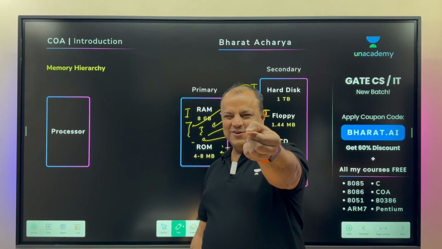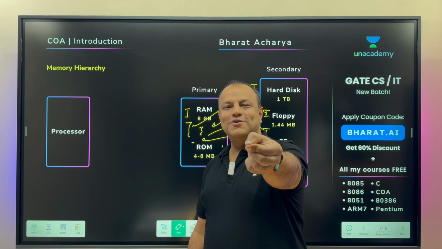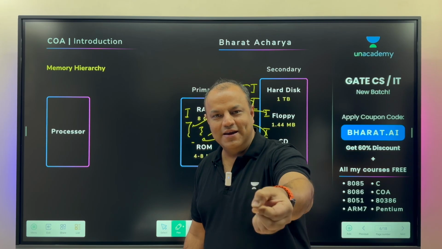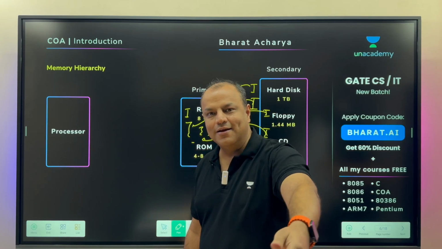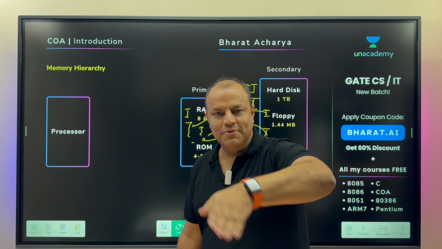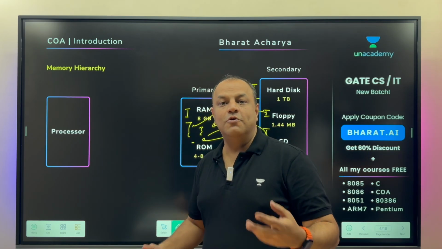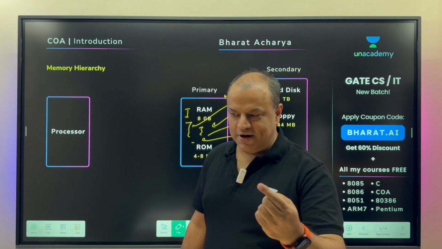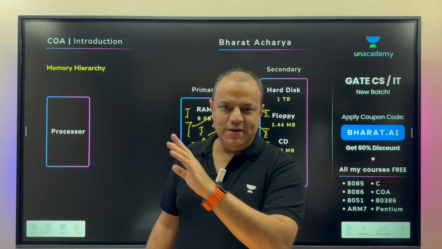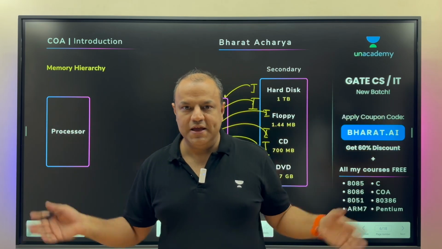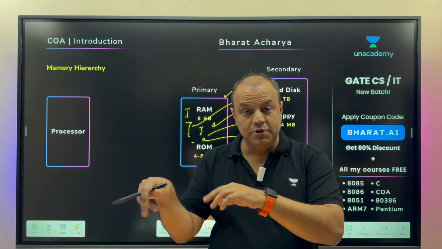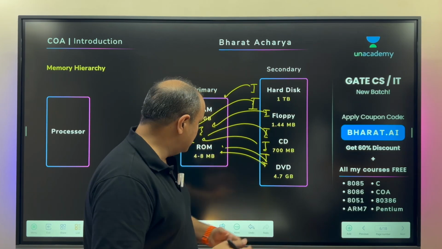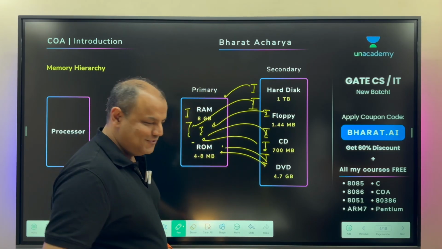Anybody with this much knowledge of computers will tell you, if you want to make your computer faster, have more RAM. Buy a computer with more RAM, or at least one which has slots for adding RAM, so that tomorrow you can just buy more RAM and put it there, and that's how you increase the performance, because you're allowing more and more applications to run simultaneously. If you're running a single application, your 4 GB, 8 GB RAM is good. But if you want to run multiple applications, multitasking, going from one app to the other constantly, and you need it for your productive activity, then increase the size of the RAM. Anyway,